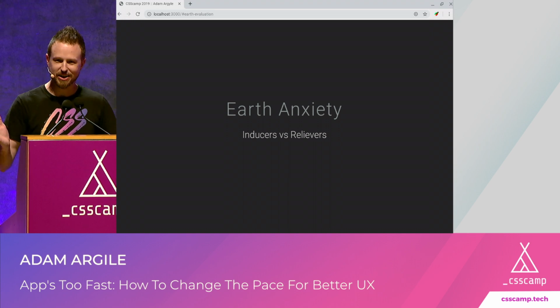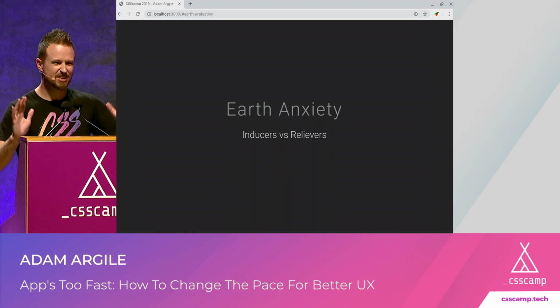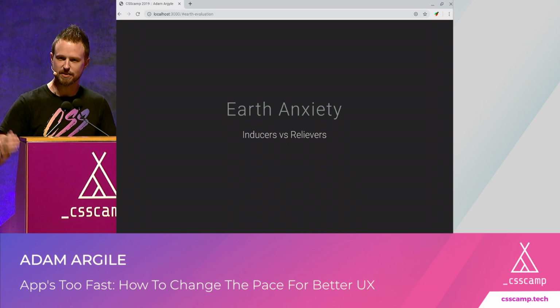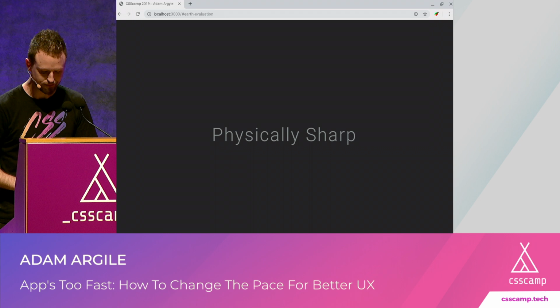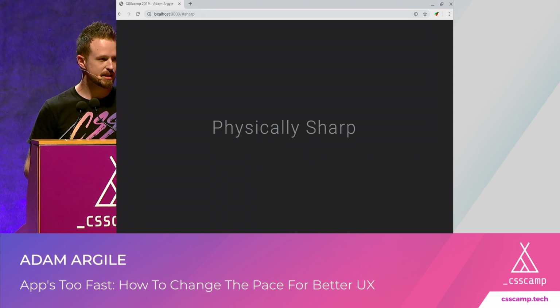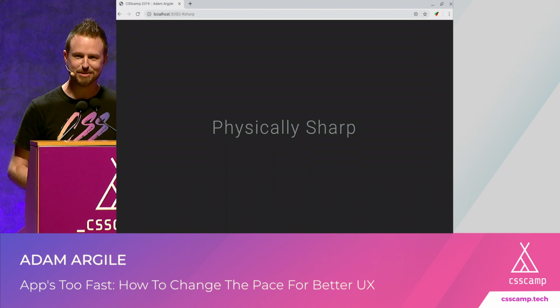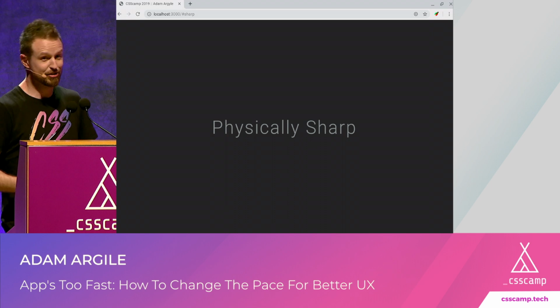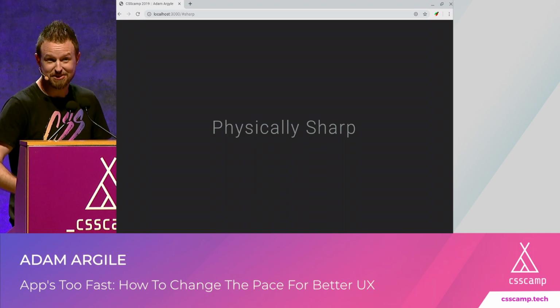So what we're going to do really quick to lead up to this idea of anxiety and things that create or relieve it, is we're going to talk about things on Earth that do the same thing. On Earth, we have things that are sharp. You might even have some in your pocket. You definitely know what these are. Sharp things are pretty obvious what they are, right? And you keep a minimal amount of them around. They're still handy.